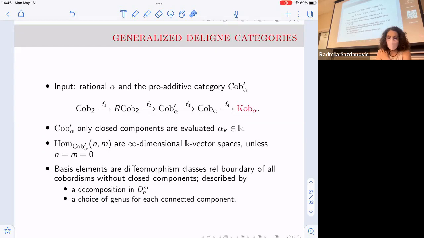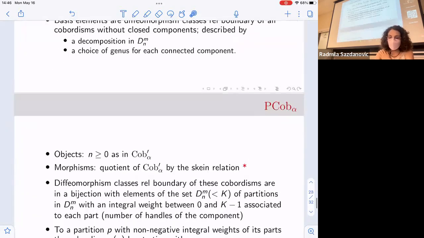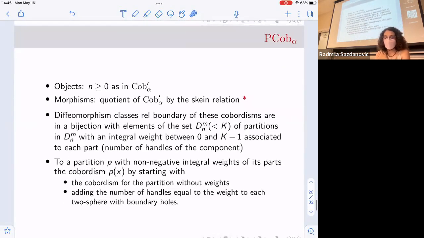But then what we need to take care of now is the genus, right? Because we're getting rid of it now, but now it does play a role. So now we have to additionally keep track of the genus of each closed component. Okay, so what changes? We're going to get a new category that I'm denoting by PCob alpha,